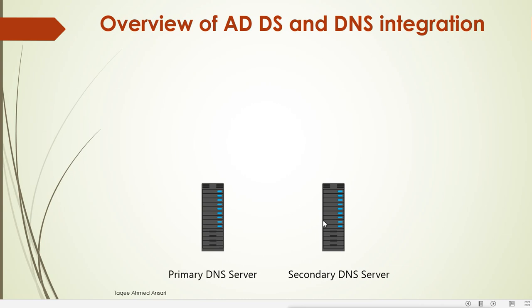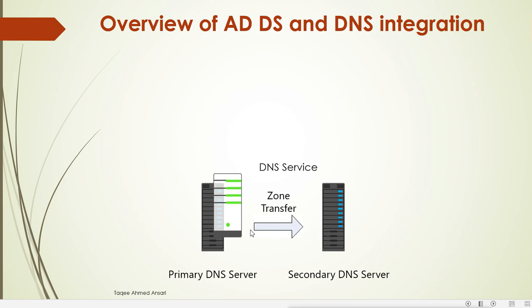That means when we create any record in the primary DNS server, that record must also be updated in the secondary DNS server. For that, the primary DNS server will do a zone transfer. It will transfer the zone information from this DNS server directly to that DNS server. Because they are not with Active Directory, the zone transfer will happen very unsecurely. Remember, the zone information stored by this DNS server is in normal text files.